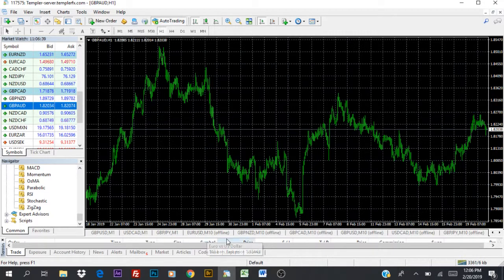In fact, these are the GBP NZD. So in fact, these are the only charts that I'm trading, and right now I'm just opening GBP Aussie. So you can see that my charts are full of GBPs, but I have opened also Euro USD and the USD CAD. I will tell you later, at the end of my training on the tips and tricks, why I'm trading mostly the GBP pairs compared to